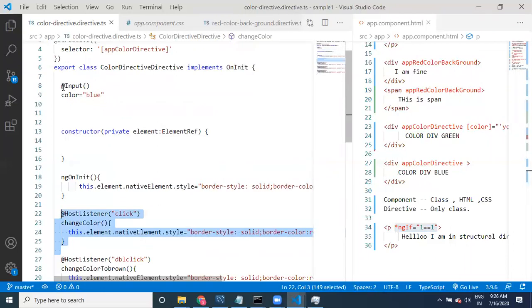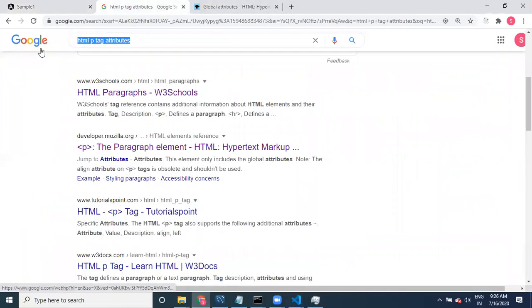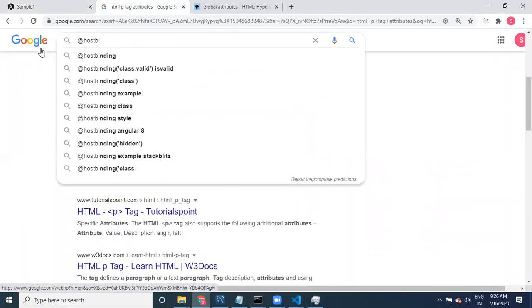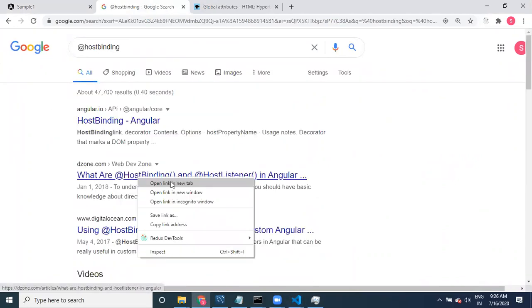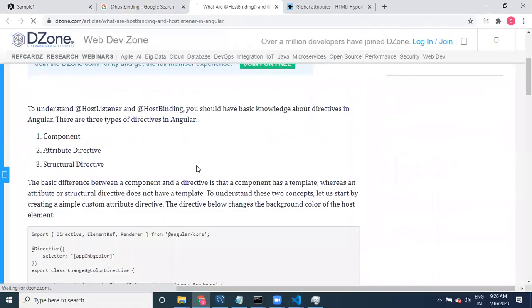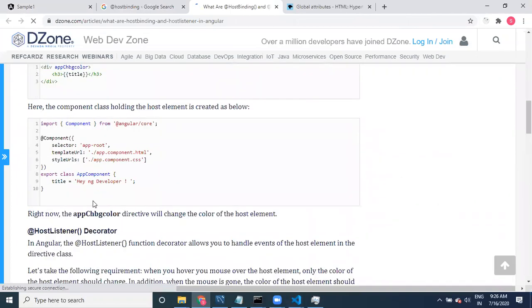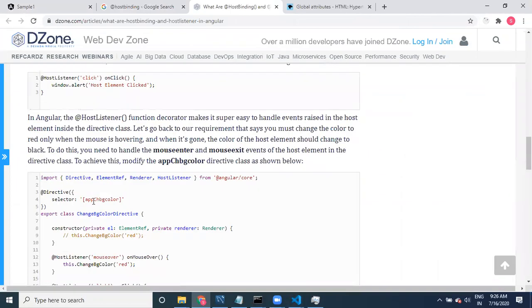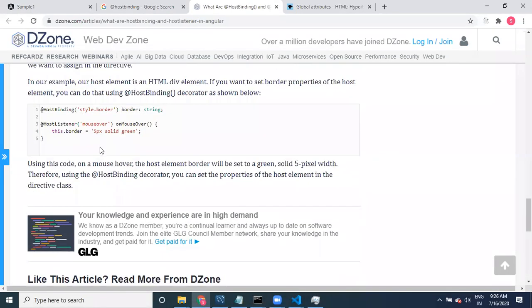We have taken the property and then assigned it, right? Let's look at it. I will show you one example of HostBinding. It is very easy to assign CSS classes or properties.